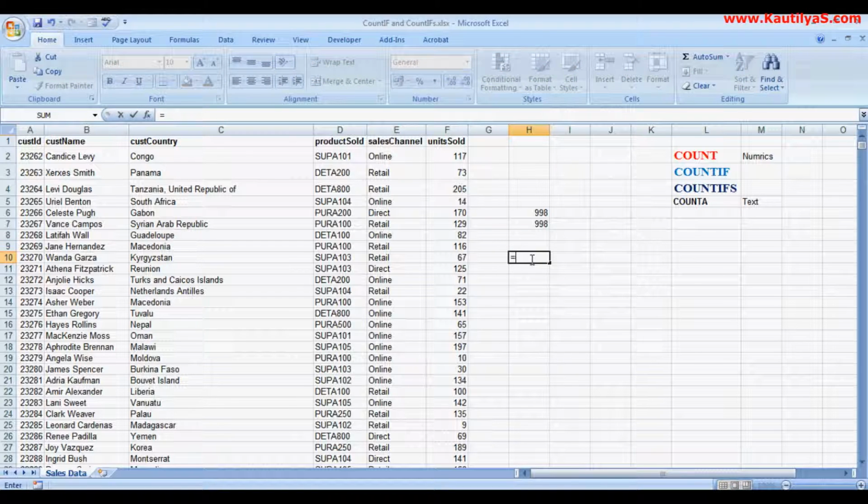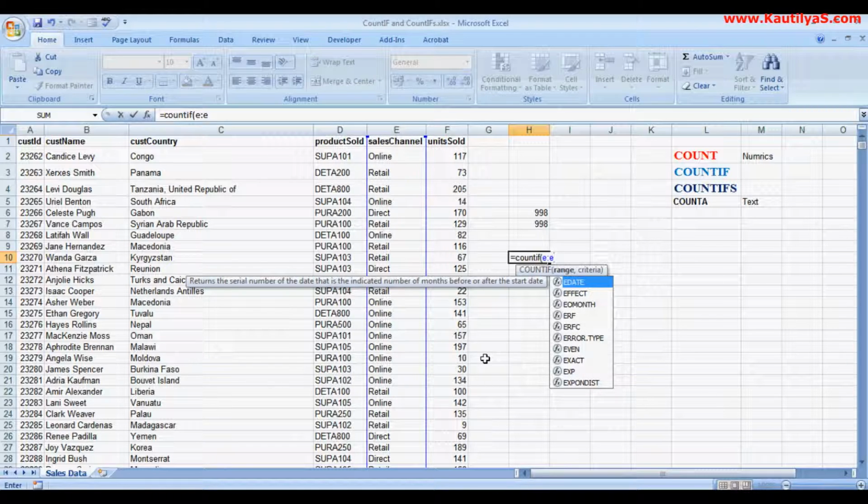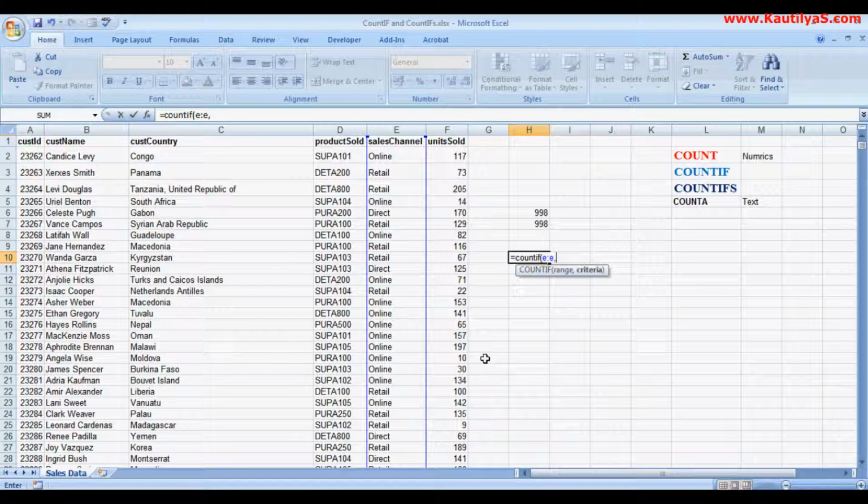So equals to COUNTIF, it asks you for the range. Our range is in E, so select E to E. Once the range has been selected, then you give the criteria. Here the criteria is in text format, right? Online is in text format.